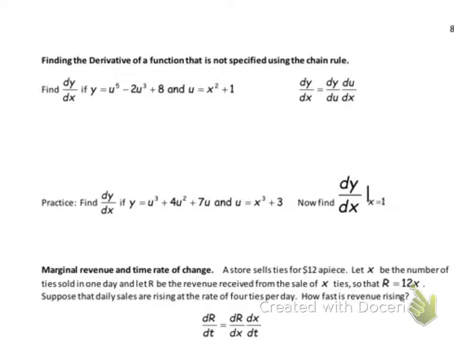So notice, they want us to find dy dx. Well, y is a function of u, and u is a function of x, so there is no y as a function of x. So we're going to use this chain rule. Look what they're doing. dy dx equals dy du times du dx. So this is the chain rule, and then you have to always remember, all of this will